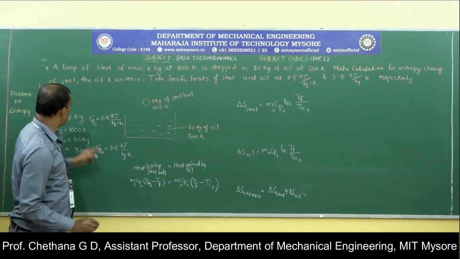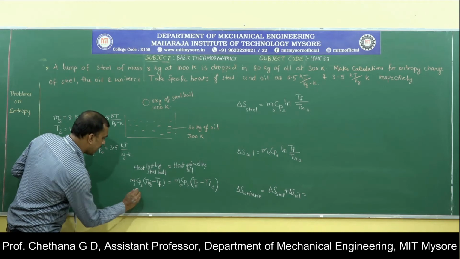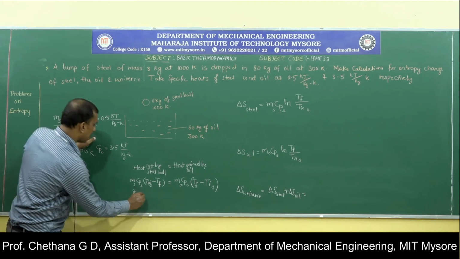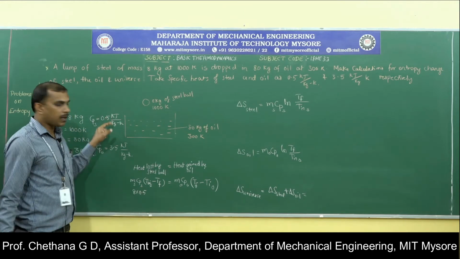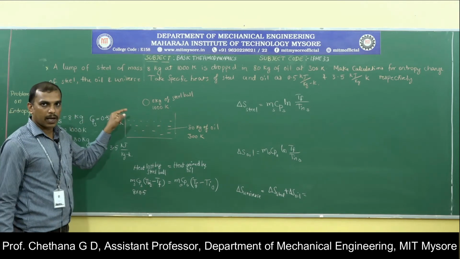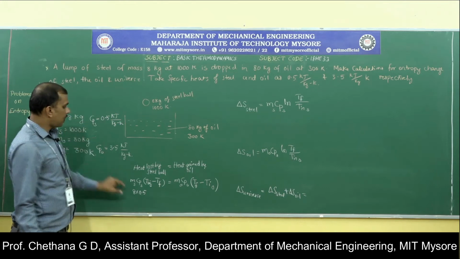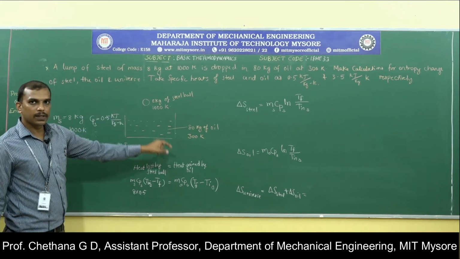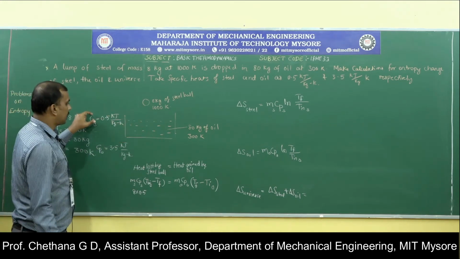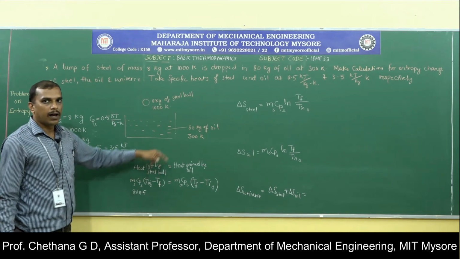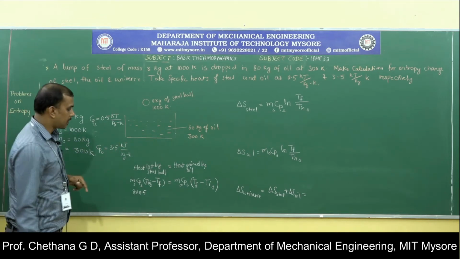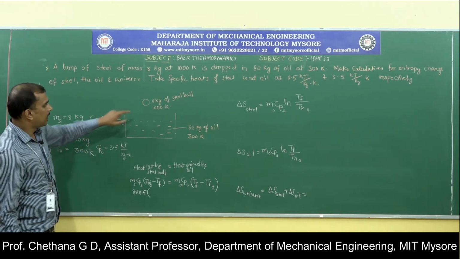Now substitute this. Mass of steel is 8 kg, Cp of steel is 0.5 kilojoule per kg Kelvin. Remember, the units also have to be balanced. If you are substituting mass in kg here, on the other side also it has to be in kg. Similarly Cp, if you are substituting in kilojoule per kg Kelvin on this side, on the other side also it has to be the same. T initial of steel is 1000